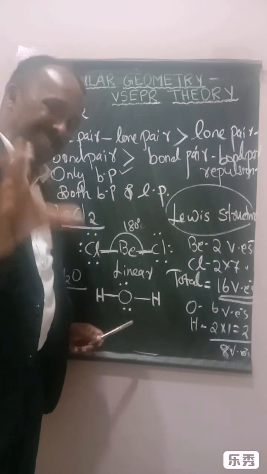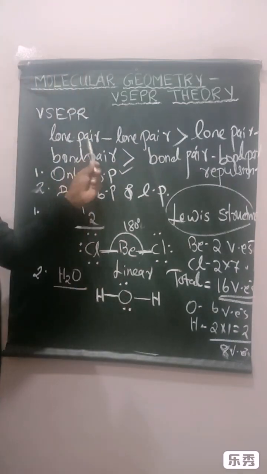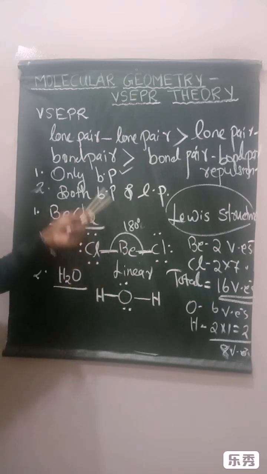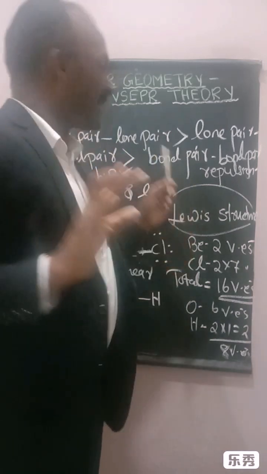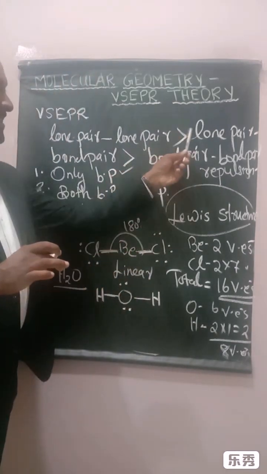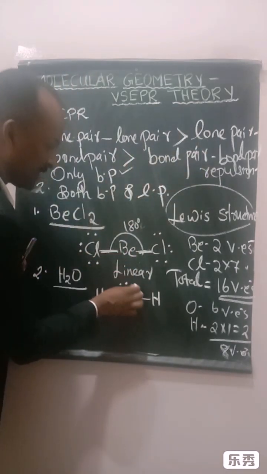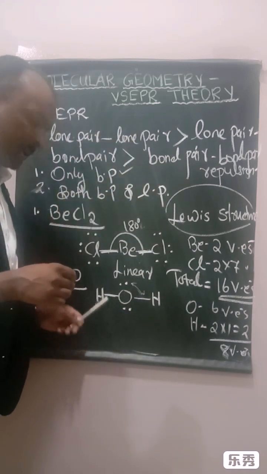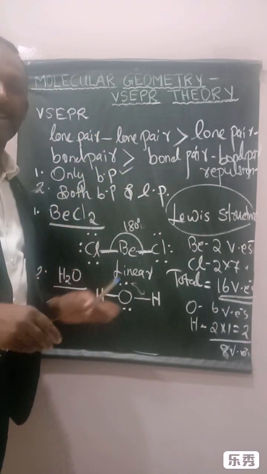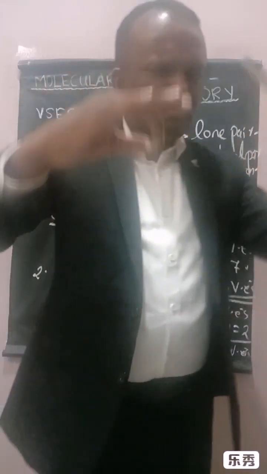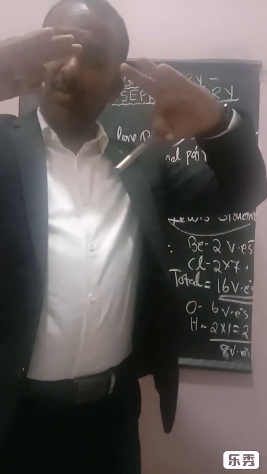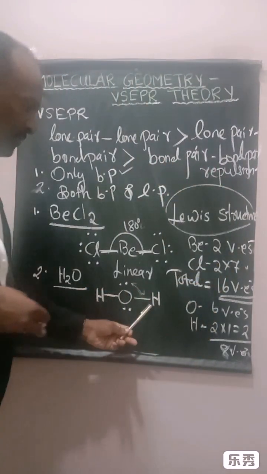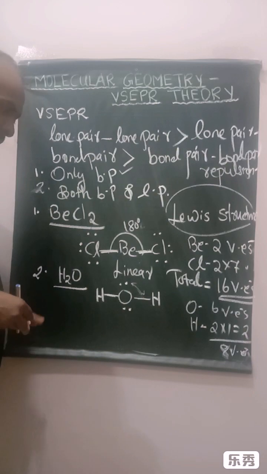Here in this particular example, you can see how many types of repulsive forces there are. Here there is one lone pair, there is another lone pair. So obviously there is lone pair-lone pair repulsion. Not only that, there is lone pair-bond pair repulsion, as well as bond pair-bond pair repulsion. So it is found that the 2 lone pairs will try to stay as far apart as possible. So what will happen? The water molecule cannot have this particular geometry because the